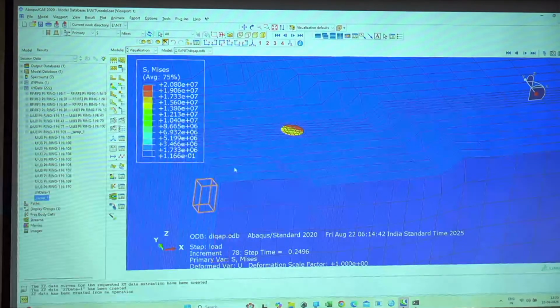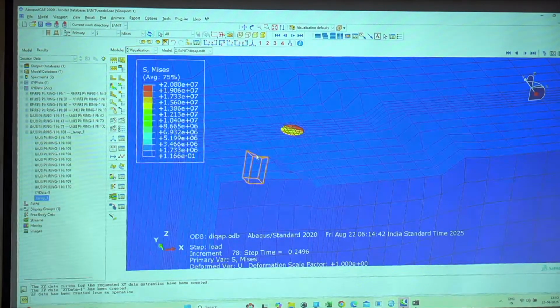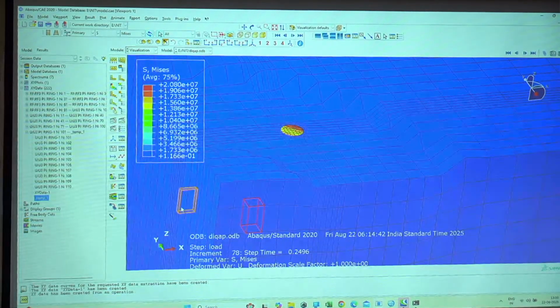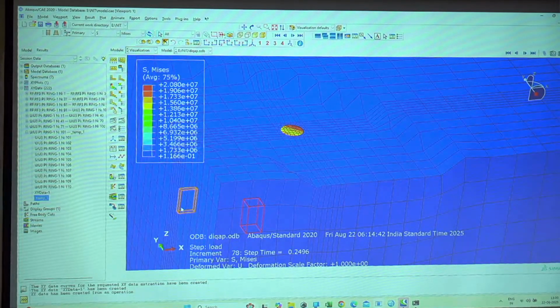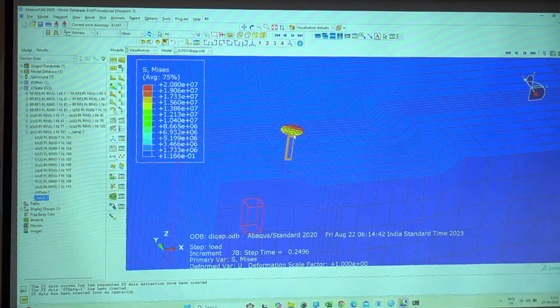That means your stress is very minimum. You just need to adjust your axis range. At the moment it's in megapascals. Make it like 0 to 200 kPa or 300 kPa. Then you can adjust by this contour. Just a minute. Those stresses are always bounded by